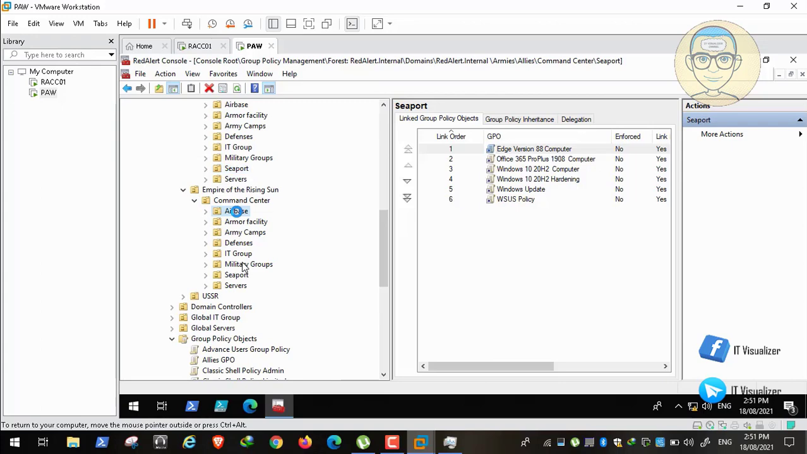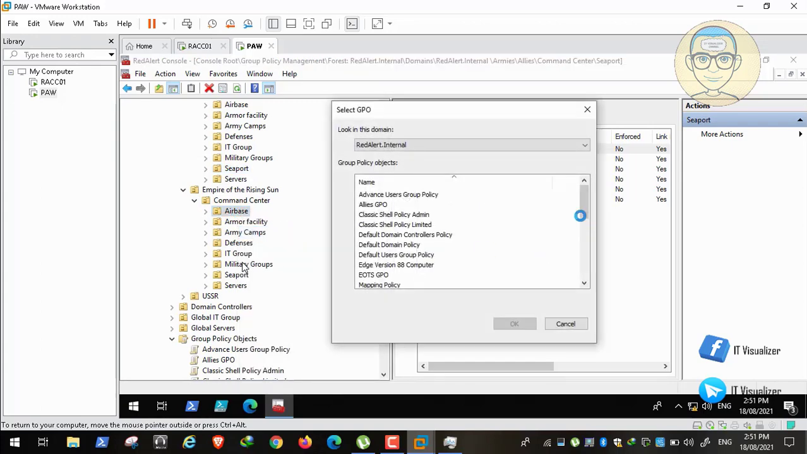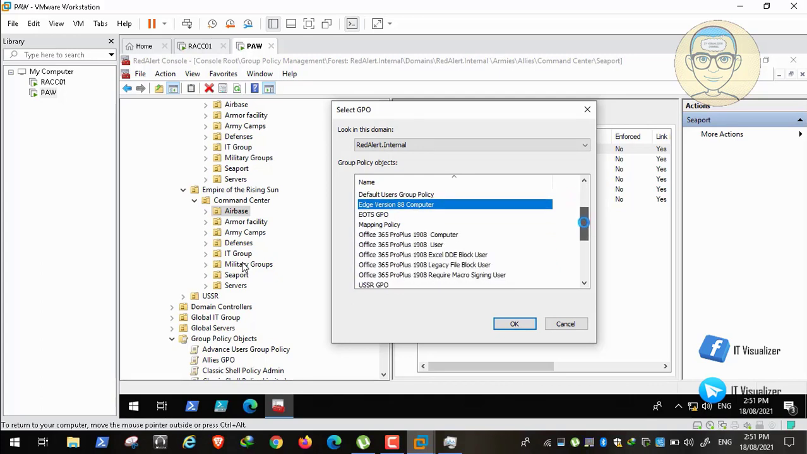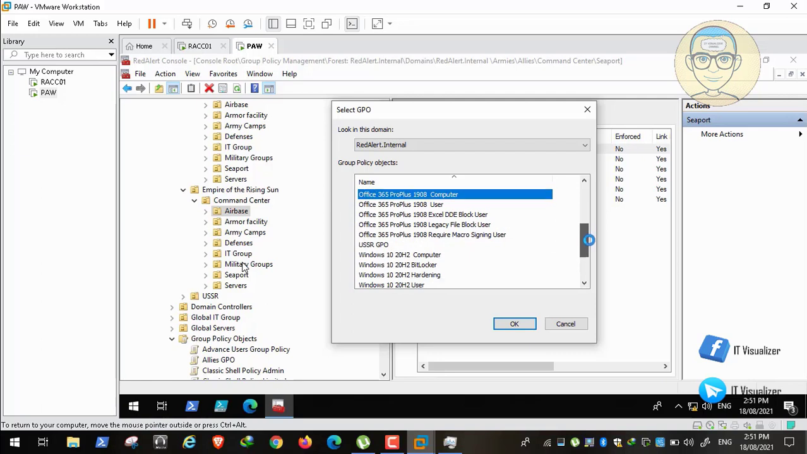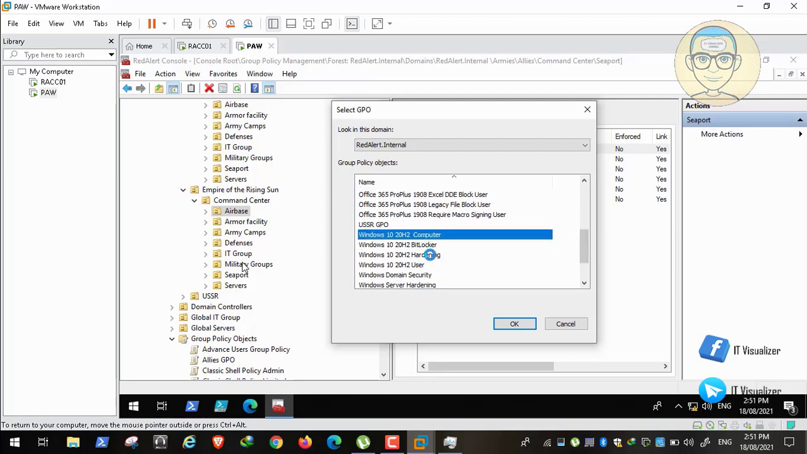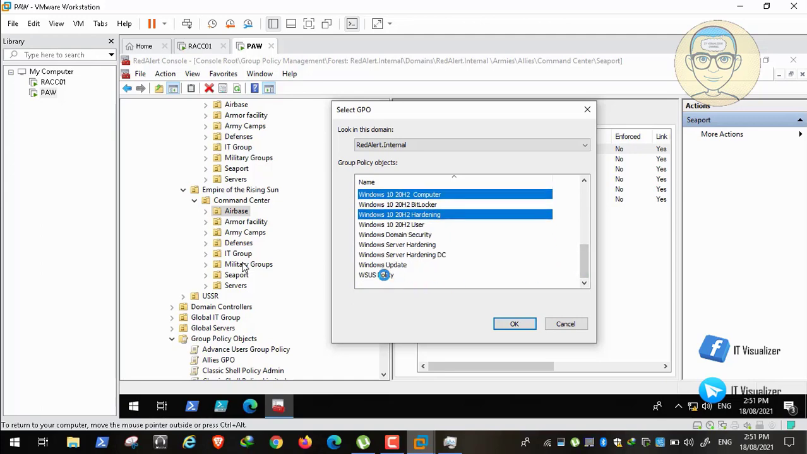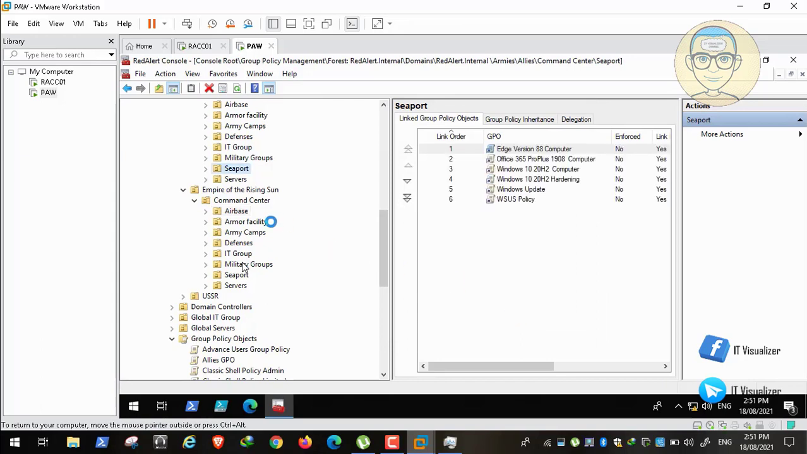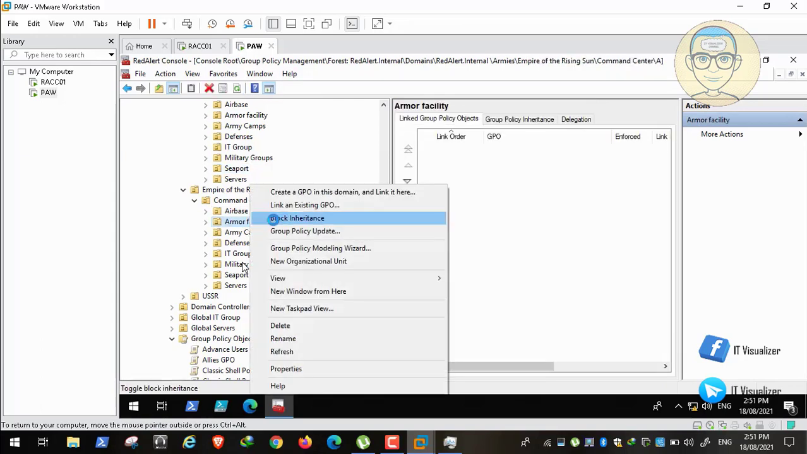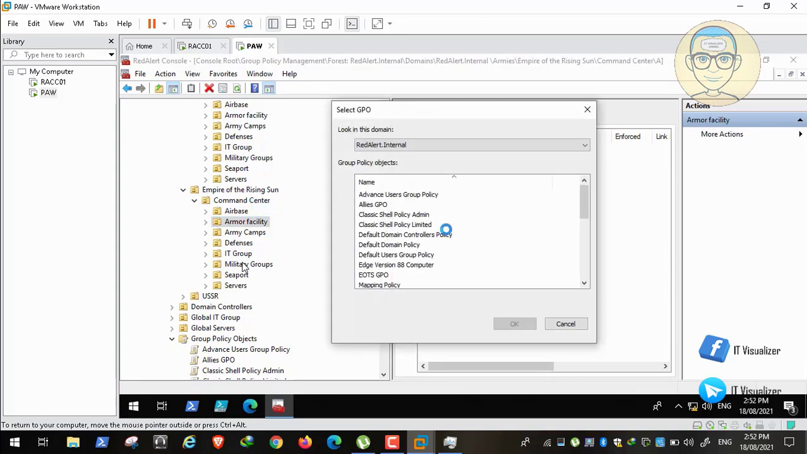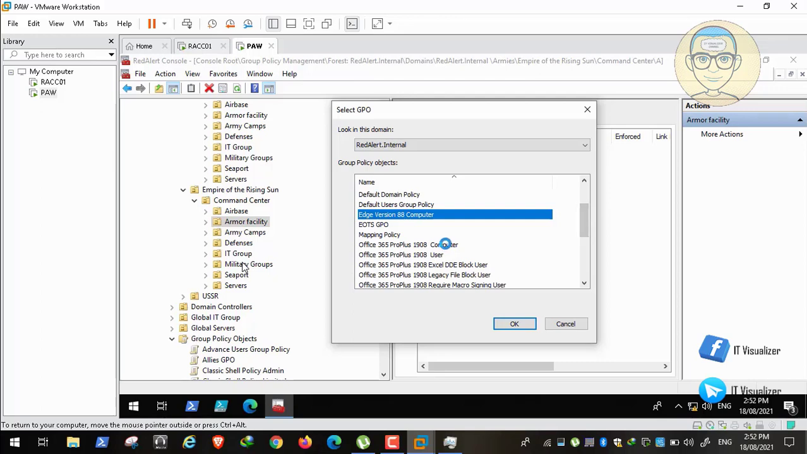Now we will go and do the same for the other ones. We will attach these group policies, the same as for the Japanese army and the same for the Ally army. The same as we have done in the Ally army, we'll do for the Japanese army. These group policies, okay. So tell him okay, and then we have the ARMO facility. Then we also will attach these group policies, computer,